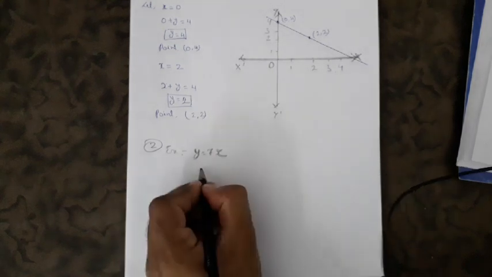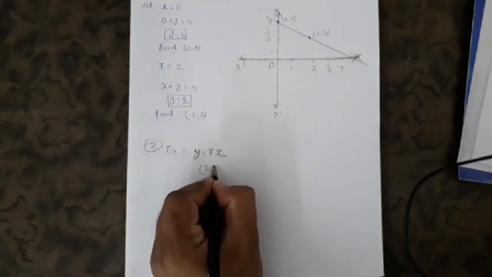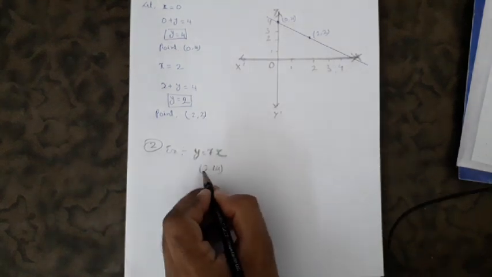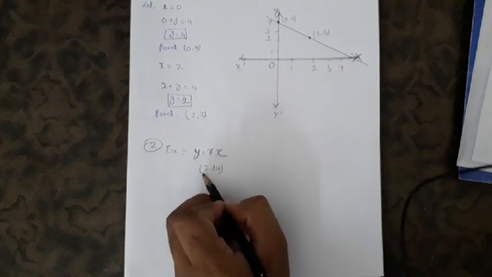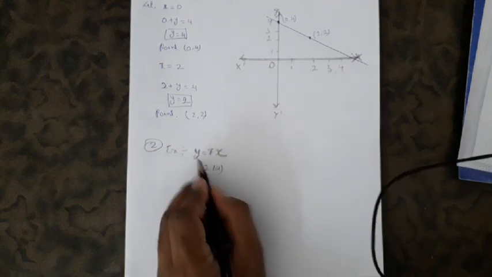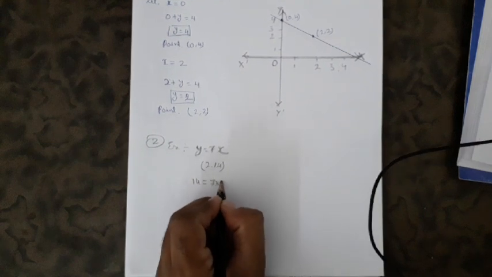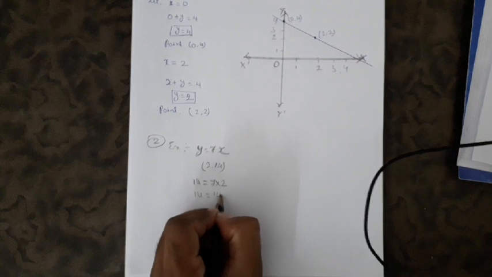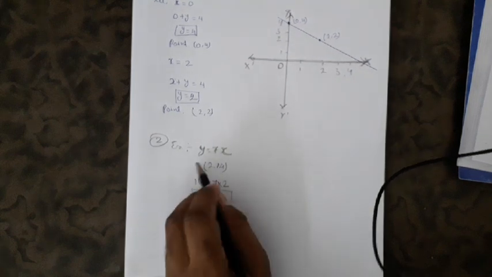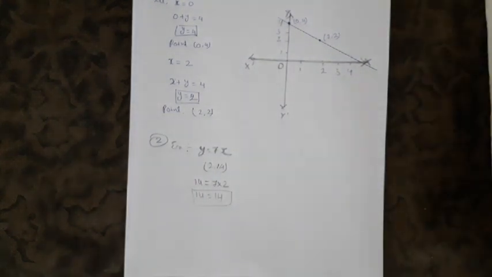Okay, so the solution we have is (2, 14). If I put 2 instead of x, then I'll get 7 into y. Instead of y, I'll take 14, so 7 equals... instead of x, I'll put what? 2. So 14 equals 14. So this value satisfies the given equation. The same thing you have to do.